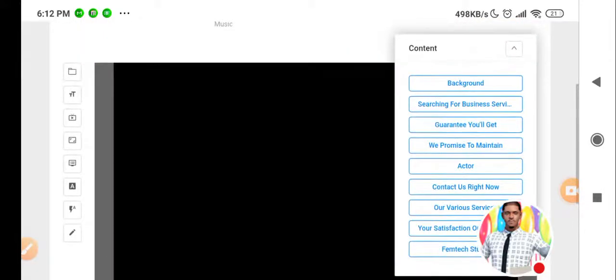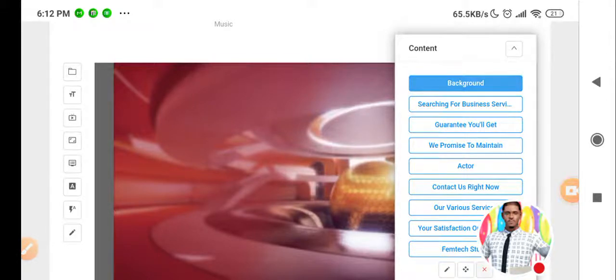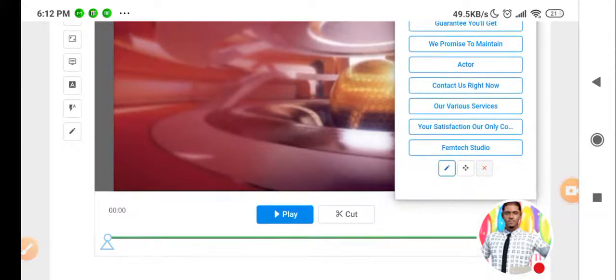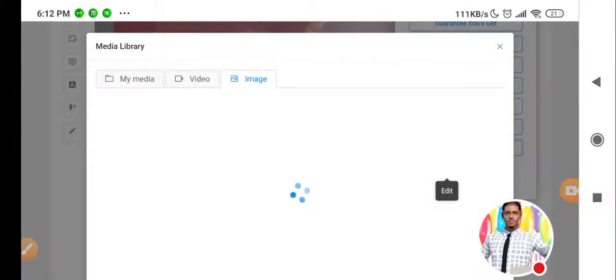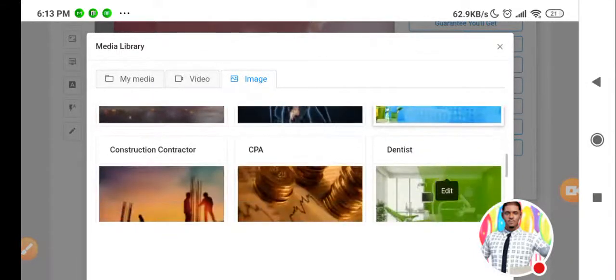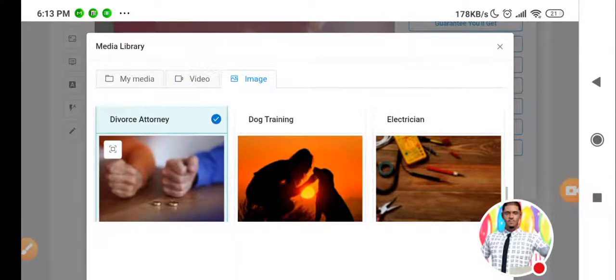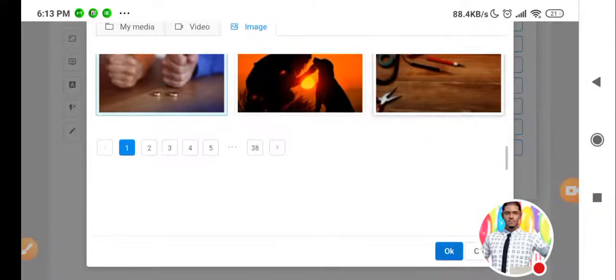At Ijoma, sorry for pronouncing your name wrongly, how to change the background? Remember I told you the background is the one that will be at the back, just like a rule of thumb. So this is the background which you could change. Select the pencil. Once you select the pencil, it will load up some backgrounds. Then you can use this, or you create more, or you use any other one you prefer. Let me use something that is different. Let me use this. If I use that and I select okay,